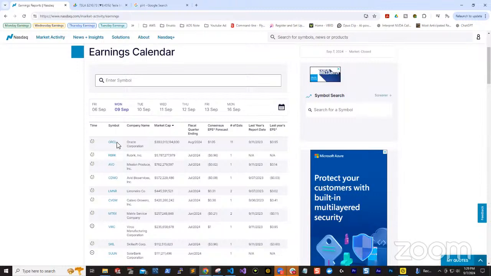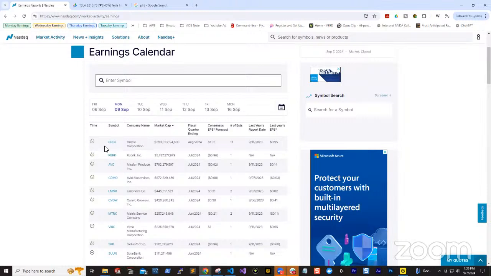But I'm still skipping it till Monday. I haven't done enough research to see whether they will beat earnings, but I still bought a contract that they will beat their earnings, even though they have missed a bunch of their earnings in the past. But lately I've been hearing some really good things about their cloud space that is picking up momentum. So just based on that,